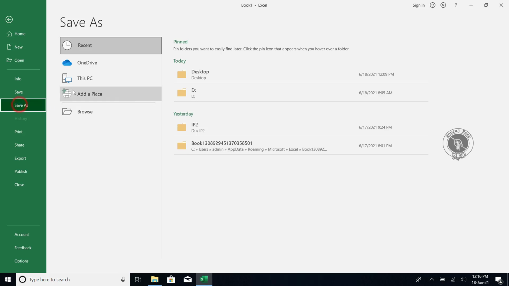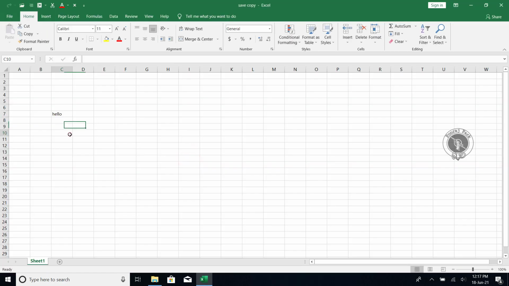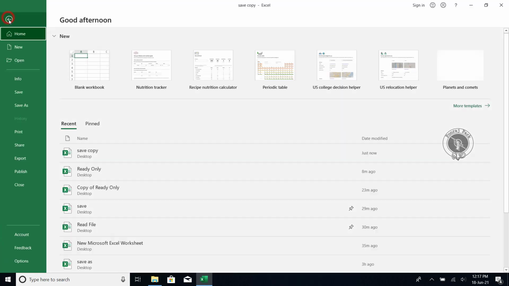So I have to give some name, like I'm giving it as save copy. Okay, so I'm giving it as save copy. Now you see in the title bar, you can see this file name is changed to save copy. Okay, now if you want to save this file in one more place, then we can use this option save as.